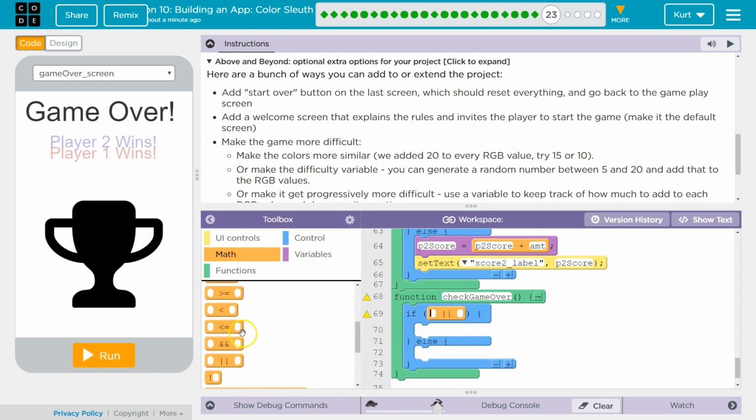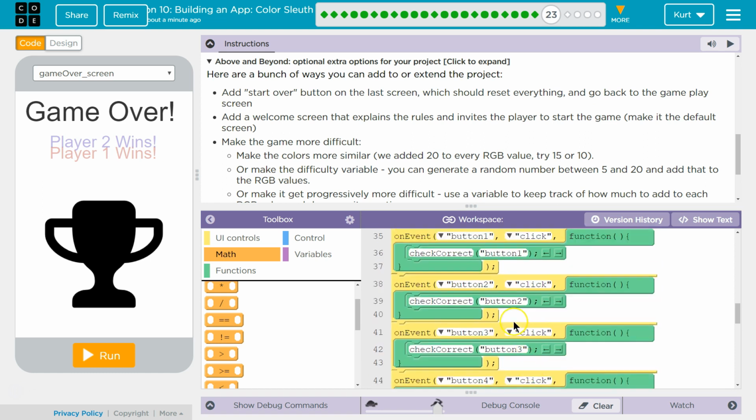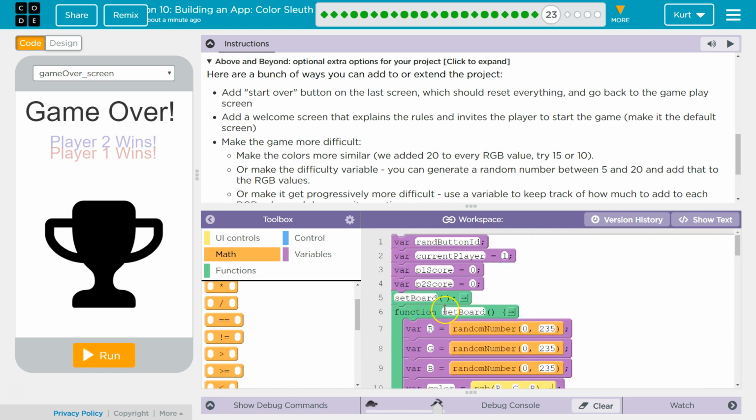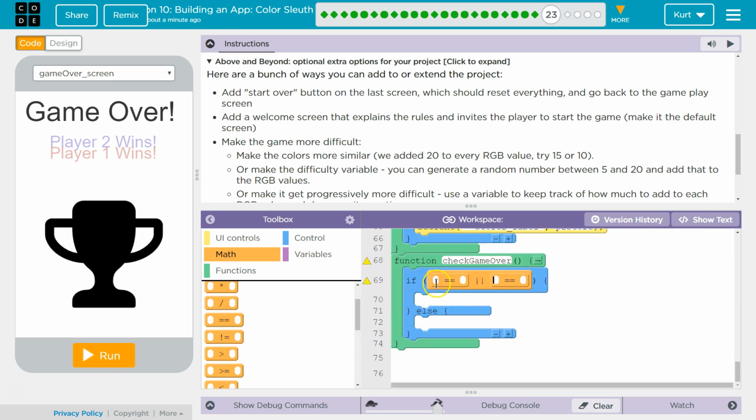So if, because we have more, all right, now this is making sense to me. And what do we call score? Our variables are P1 score, P2 score. Okay. If P1 score is equal to 10, or P2 score is equal to 10, so in either case, we're